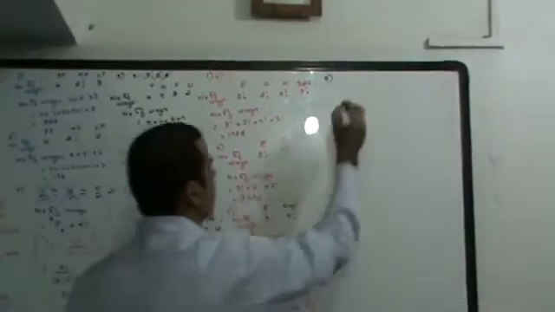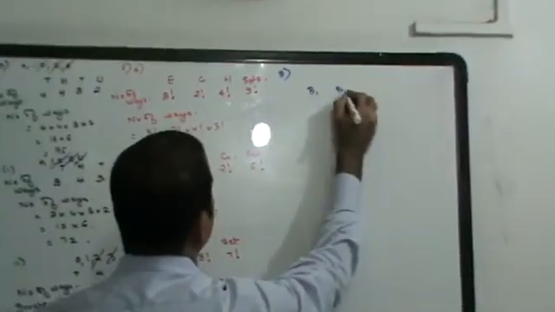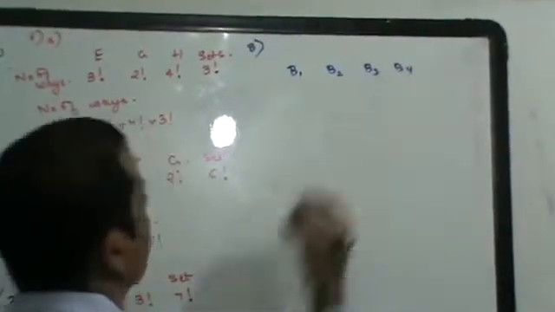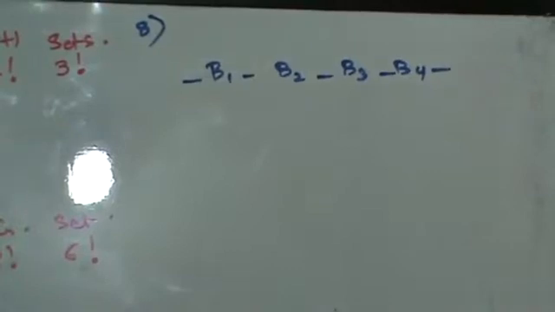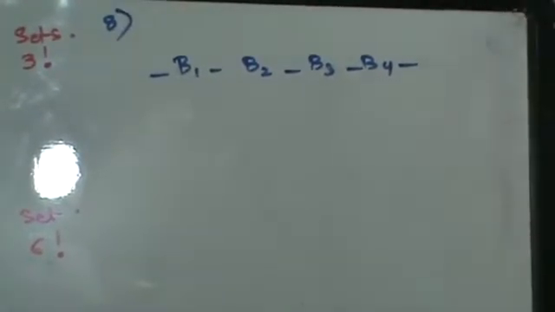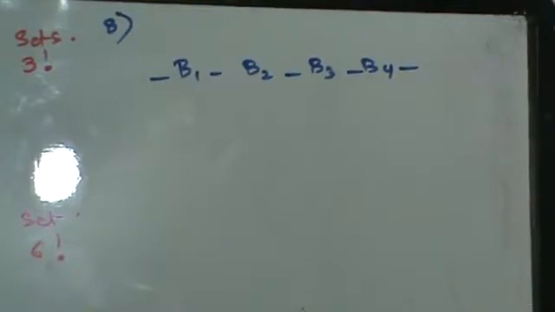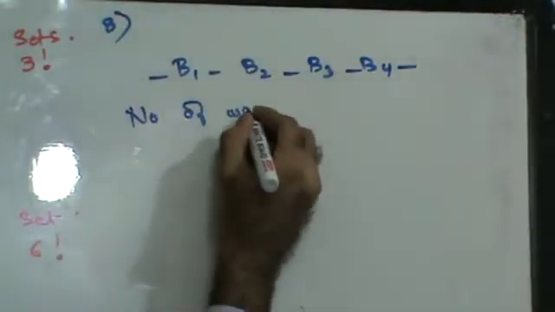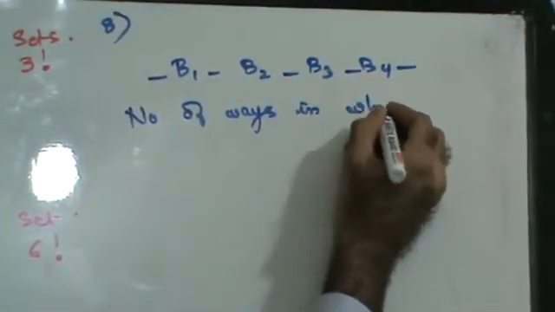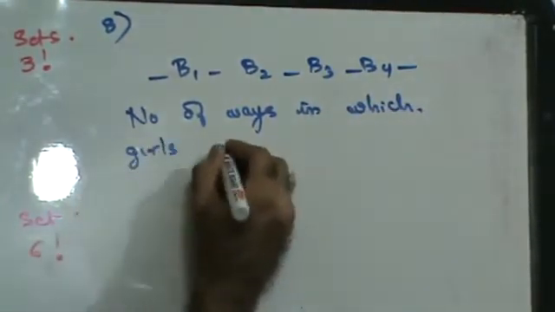Fine, do we get this? Let's see this. I don't want the girls to be together. Very simple. Arrange the boys. How many boys do I have? 4. B1, B2, B3, B4. There are 4 boys. Make them stand in a line and put a chair between them. Now tell the girls, go and sit wherever you want. Whatever they do, will the girls be together? No. There's a boy in between them. So the number of ways in which girls are not together.